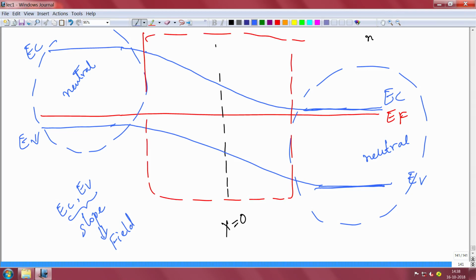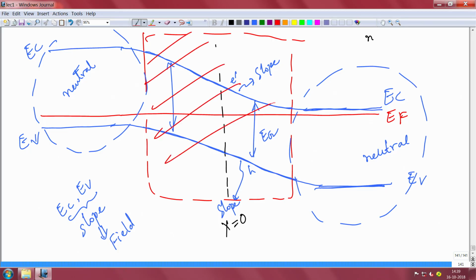there is a slope. The conduction band is bending. That means there is a field that is up to here at this point. Similarly, it starts sloping. There is a field here. Eventually, it is up to here. Of course, the slope in conduction band and valence band is the same because your band gap is the same. Your band gap is everywhere the same, no? So whatever slope you have here is also the same slope that you have in the valence band. So the field experienced by electrons here and the holes here is basically the same. Because there is a slope here, there is a field here, and the field exists only in the depletion region. So this region is your depletion region actually.